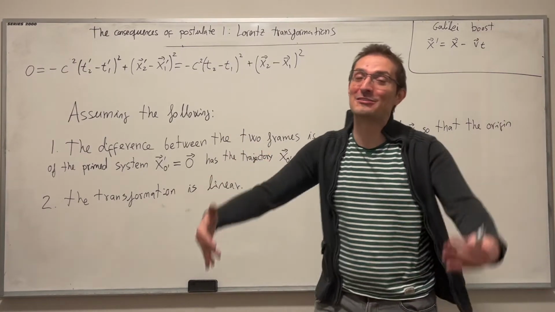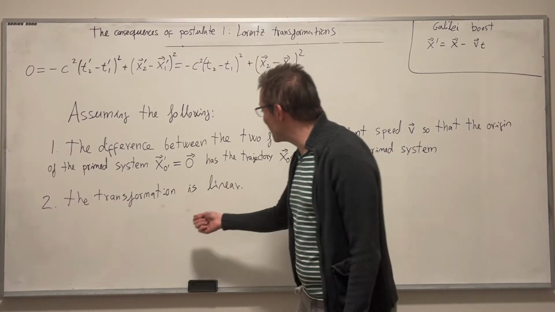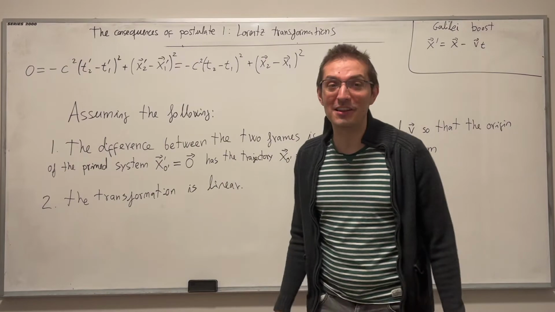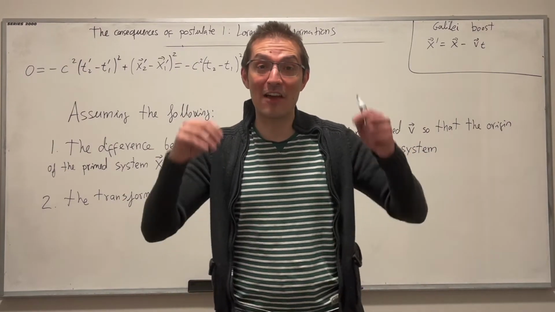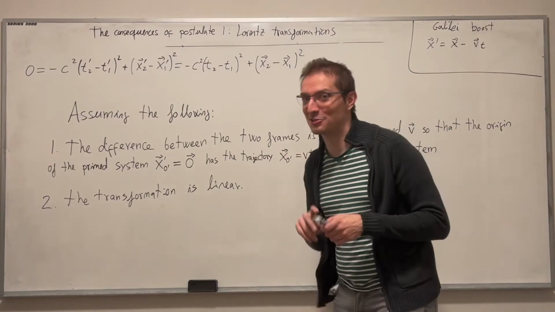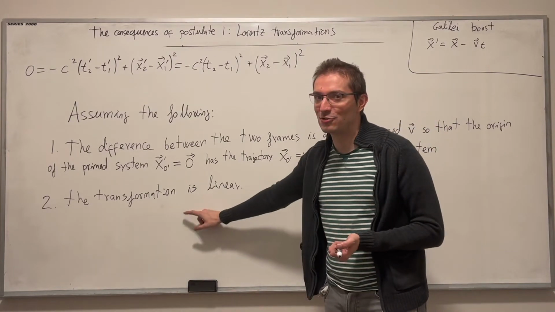To find the Lorentz transformations, you need to demand that the transformation is linear. And what is the physical justification for a linear Lorentz transformation? That is a very deep topic, okay? And we will get there. Well, I will mention something about that, but this is usually swept under the carpet.